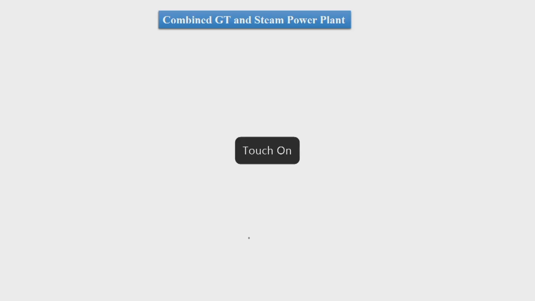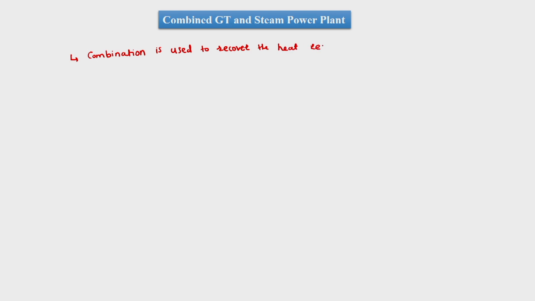The next arrangement which can be thought of for the gas turbine power plant is its combination with a steam power plant. Here we are trying to use the exhaust heat from the gas turbine for heating the water which is used for the steam power plant. So such a combination is used to recover the heat rejected. Further, the overall efficiency also increases. Such a combination is thought like this, where we will first have a compressor,